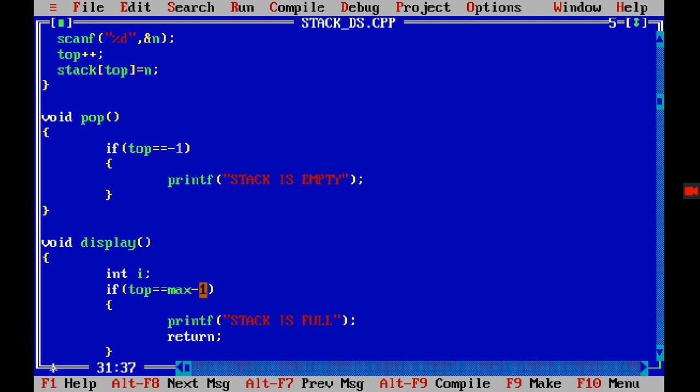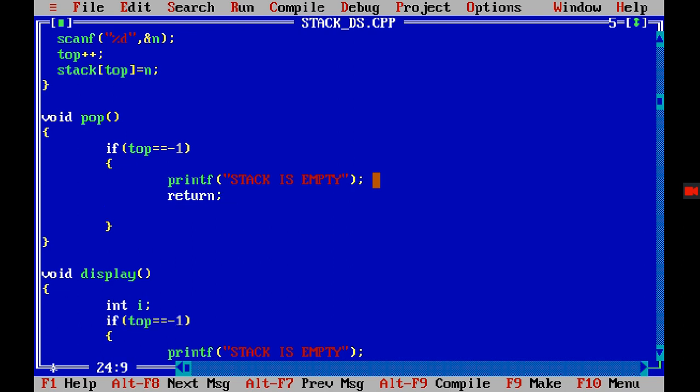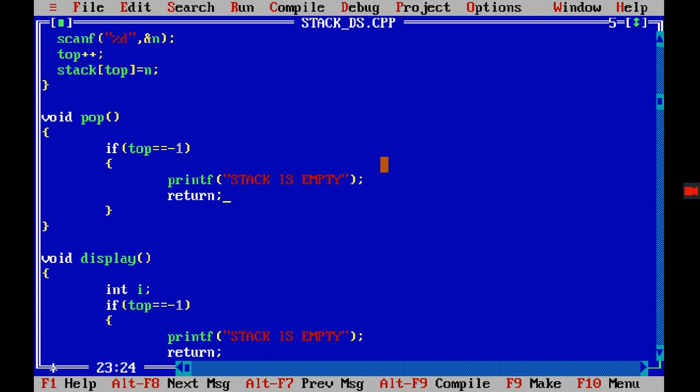So we need to change the condition that top is equal to -1. That means my stack is empty. This is the condition for an empty stack. So if top is equal to -1, then I can say my stack is empty, and then I can return from here, because it will not go further, right?